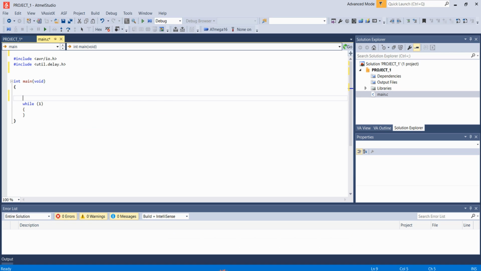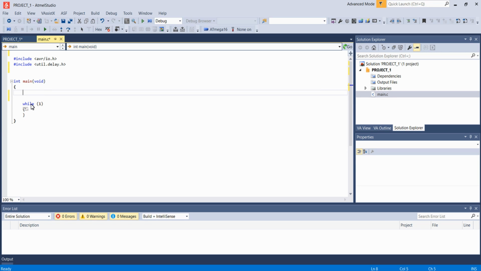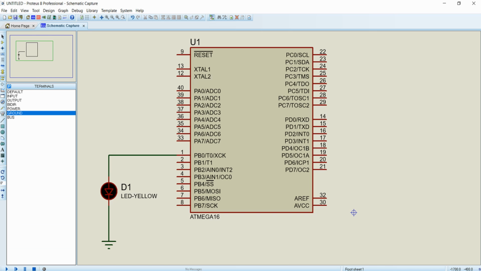Go to the Atmel Studio 7, and initially we just want to make the PB0 pin of port B as output, right? So from the previous GPIO configuration lecture, we know that for making a pin as output or input, we will be using the DDR register. That is, for making a pin as output, we just want to write 1 to the corresponding bit of the DDR register. So we just want to set the PB0 pin as output.